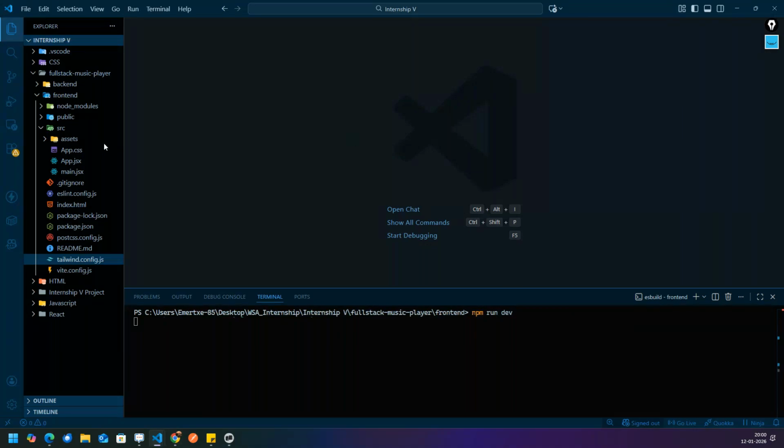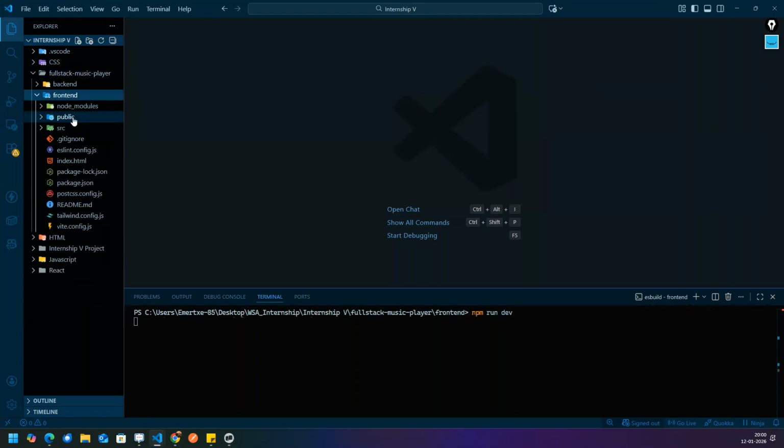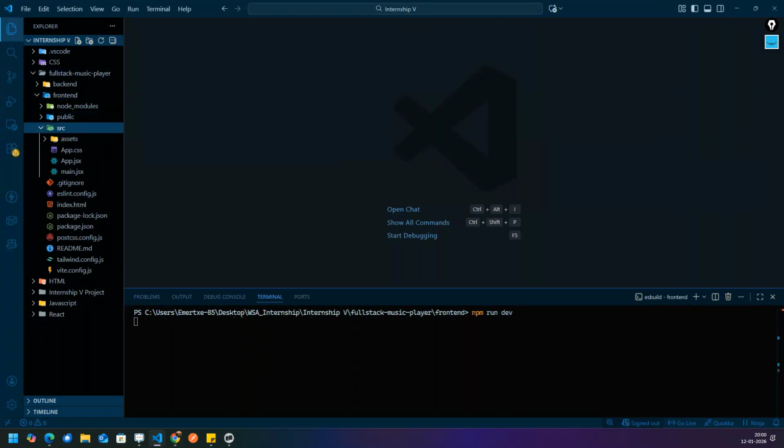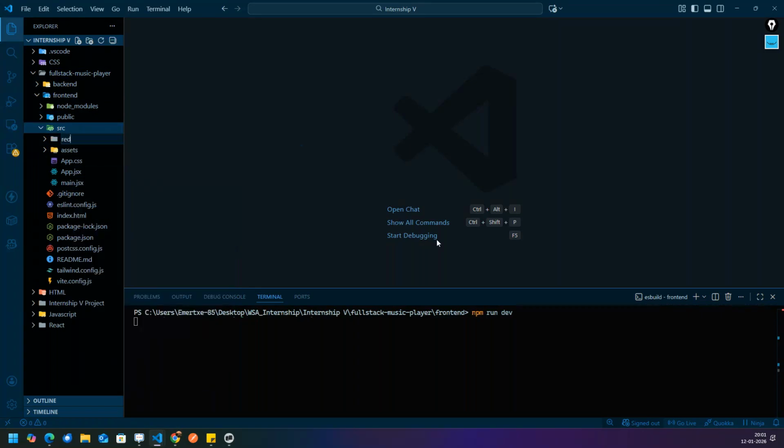So what I will do is go to the full stack music player front end, inside src, and create one new folder called redux.